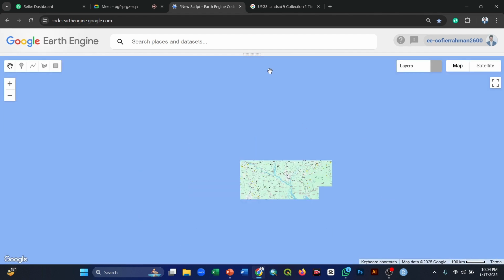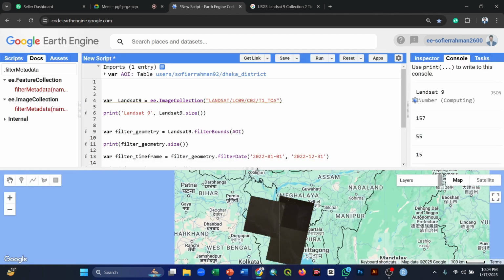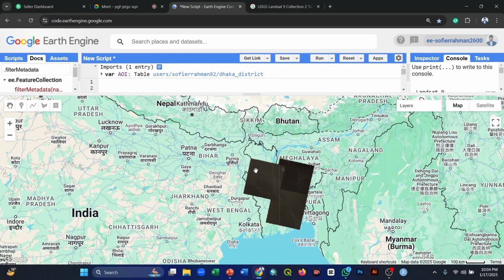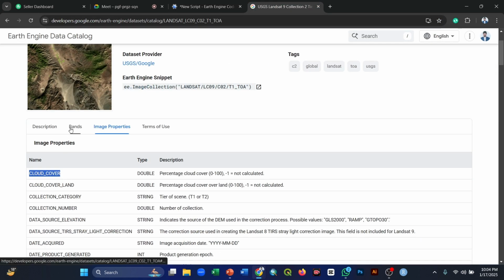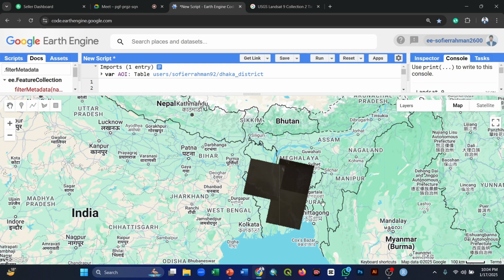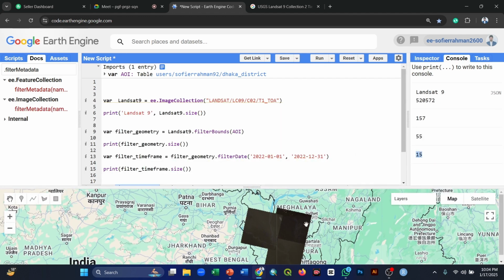Now you see the total 15 tiles are available. You see the pixel size of these tiles is 30 meters, as you already saw in the band information. That's why you see the square shapes, with one image above another, and the total 15 images are available here. If you want to see these images, suppose we remove this size function and click Run, and now we